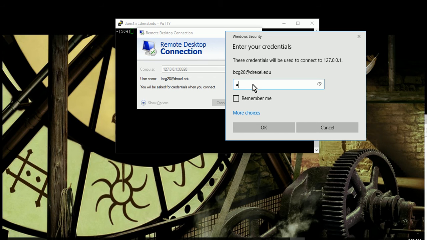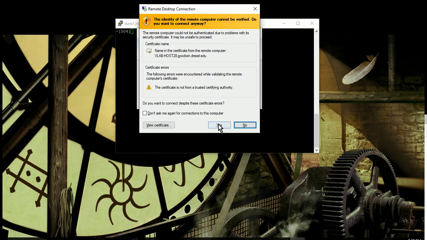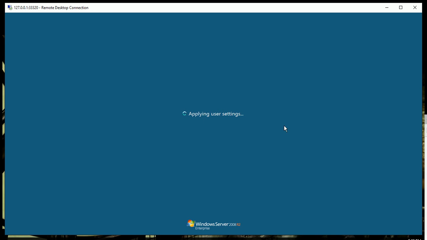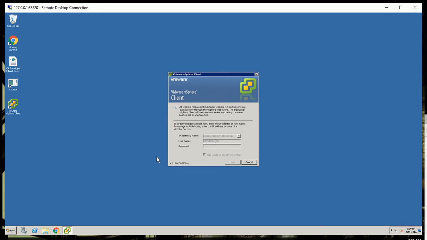So I'm going to put in my Drexel credentials. Our lab environment uses our Drexel credentials, so you just use your Drexel credentials to log in. So I am now connecting. Once you're in the Drexel RDP session, when you get to the lab RDP, from here you're going to access VMware to get into your virtual machine. Every student in this course has a virtual machine. You're going to double click on the VMware client,